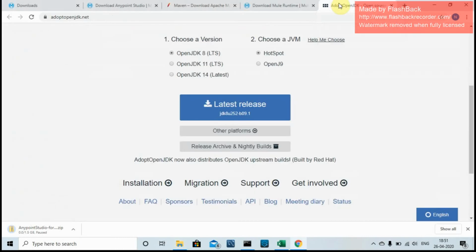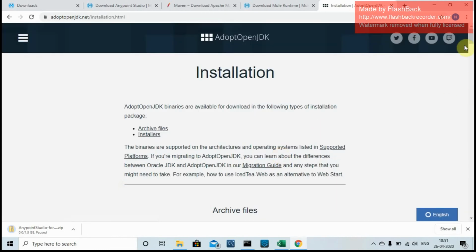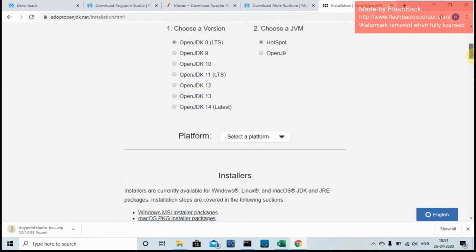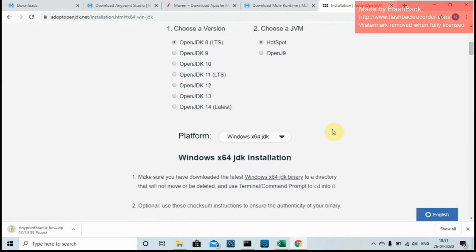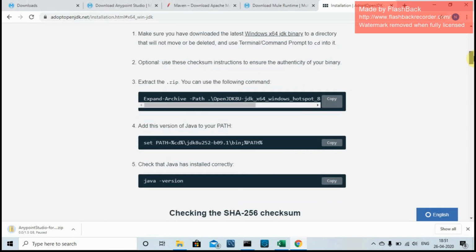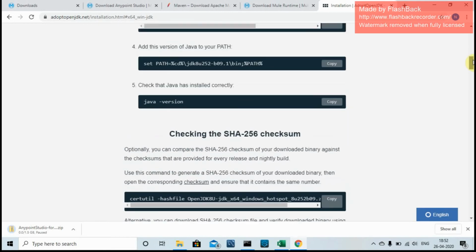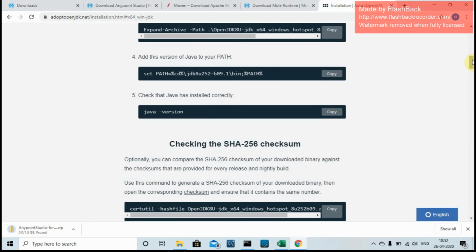We will start with OpenJDK first. Once it is downloaded, you just go for the installation. Simply, there will be an MSI file, and you can go directly on installing it. You have to select the JDK version. There will be a zip file, and you have to set the path accordingly to the Java home. After you type java -version, you should be able to see the latest version of Java on your machine. Okay, it's pretty much straightforward.